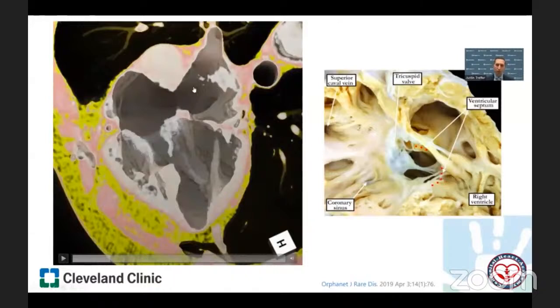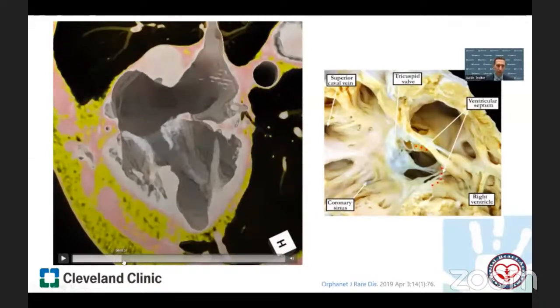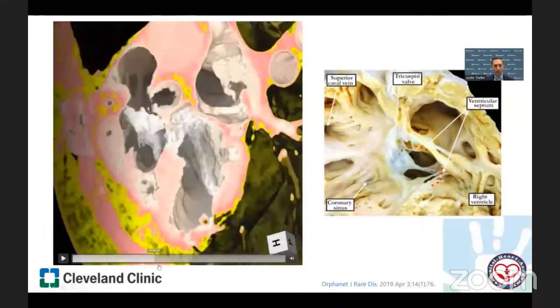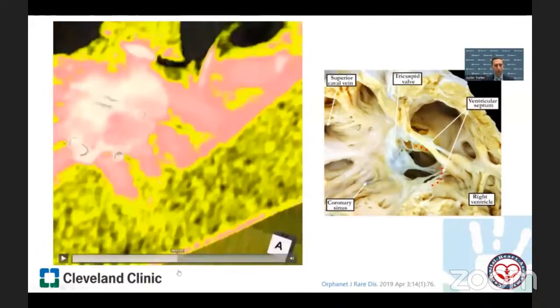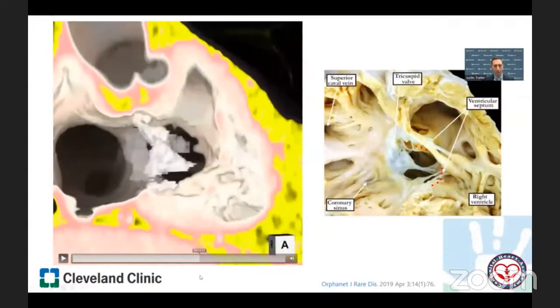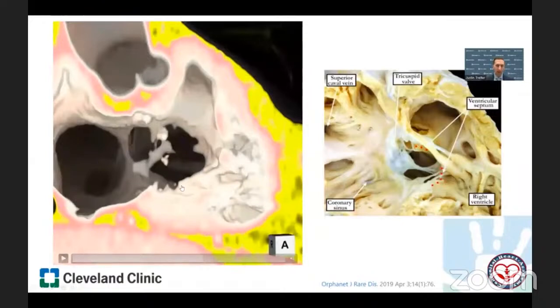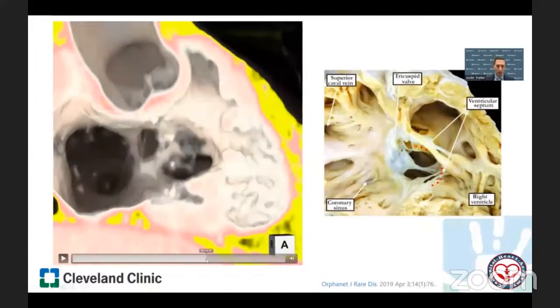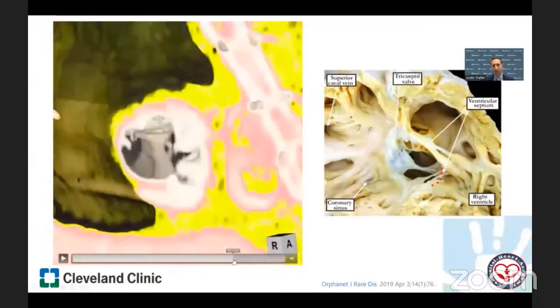The floor of the oval fossa has been resected to allow interatrial shunting. But if we imagine the plane here, we can clearly see malalignment between the atrium and the ventricular septum, like our other patient. And then if we rotate into a right anterior oblique view, then we can see the crest of the septum coming deviated towards us rightward, along the right AV junction. So the AV node is going to be anomalously positioned posterior and inferiorly in this position. And we'll go into more detail in the next slide.